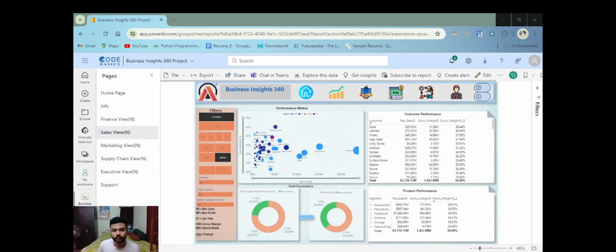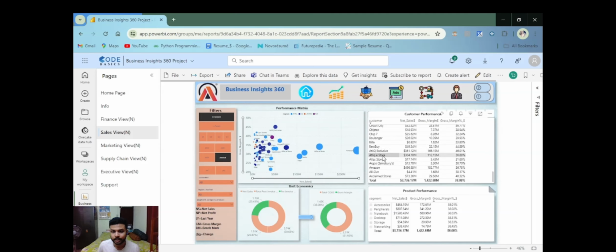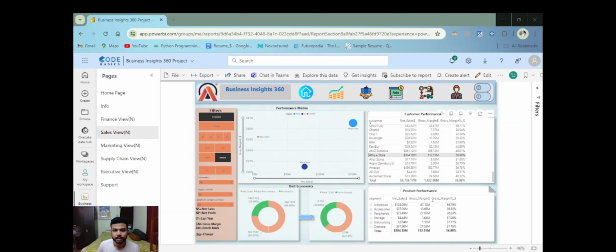So now, after the scatter chart, below that we can see there are two donut charts over here, and that is unit economics. So if we go to the customer performance table and click on Atlic eStore. So in the Atlic eStore, as we can see,